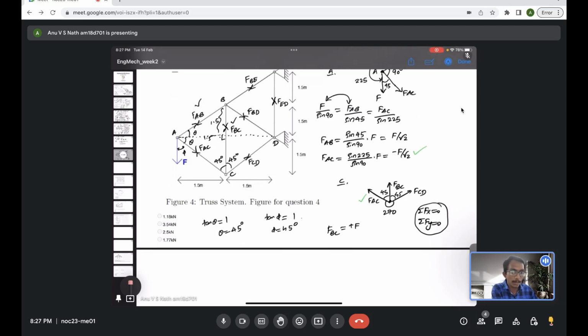So I'll just write the solutions. FBC is just F. Now FCD, you will find it to be minus F by root 2. Then FBD, which is also minus F by root 2. FBE, you will find it is F times root 2, plus. Then finally FED,